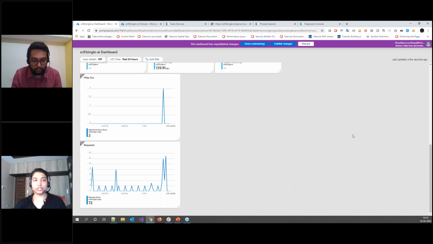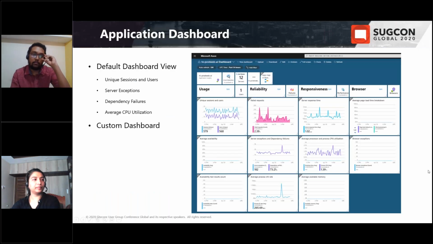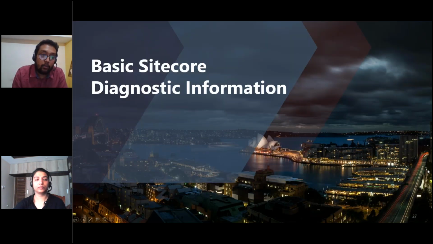Let's move to the presentation. Yep. So that was all about everything which we could debug from the Azure side. But suppose you are not that aware of how things work in Azure, but you are aware that you can browse the Sitecore application and then browse the application logs from your local. So now let's see how the parameters which were specified in Azure, like logs and request traces, can be brought into our local Sitecore application.